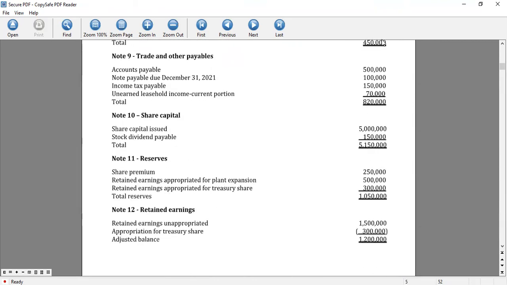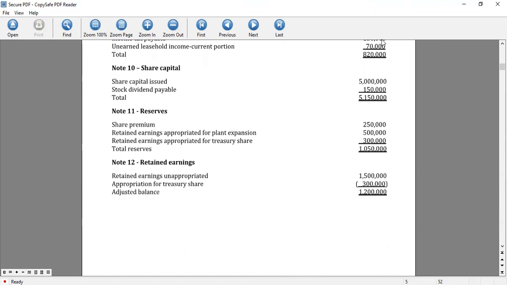Retained earnings unappropriated initially given is 1,500,000, and then we deduct the appropriation for treasury share 300,000, so the adjusted balance is 1,200,000. Earlier, I mentioned that your entry upon reacquisition of the company's own stock is to debit, first, debit to